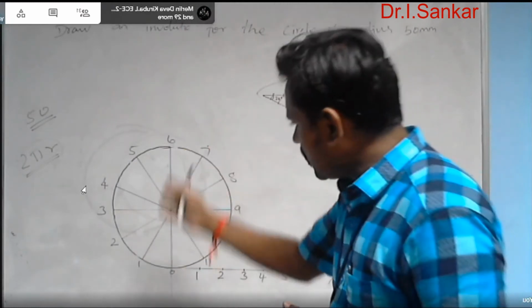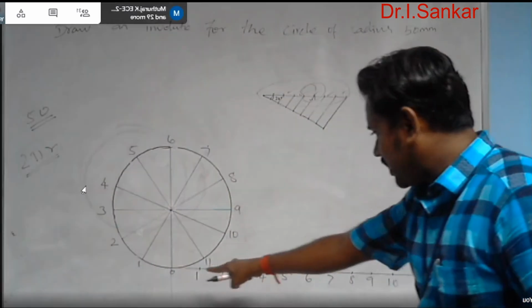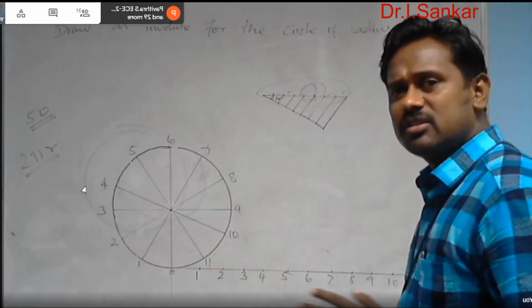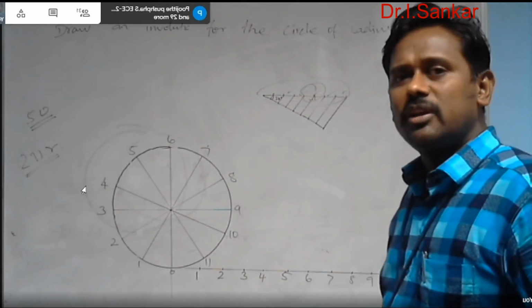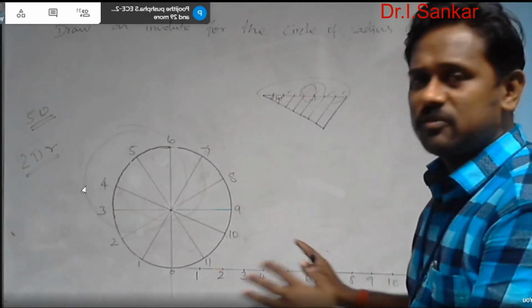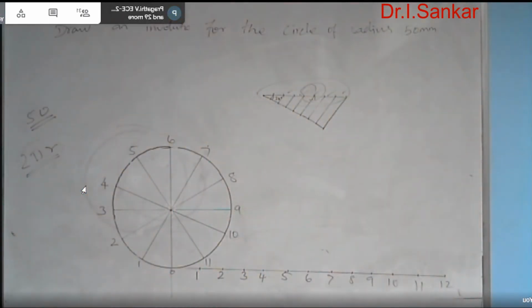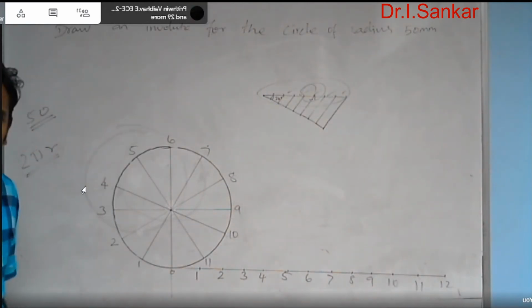First you are going to draw the circle and split it into 12 equal parts, and then draw a horizontal line from the bottom end of the circle with the length equal to the circumference of the circle. Again you are going to split that line into 12 equal parts. So up to this much we have done. Now what is the next step? In the next step, your drafter is going to play a major role.